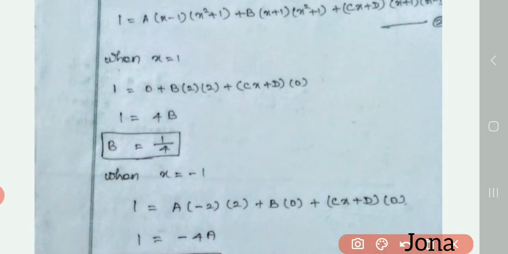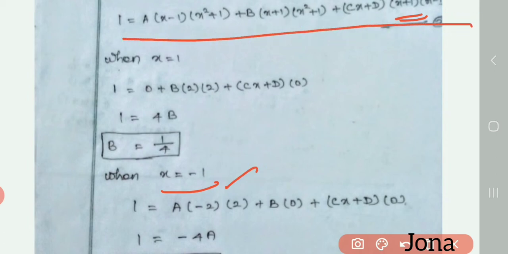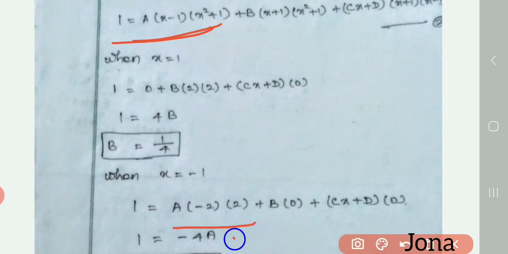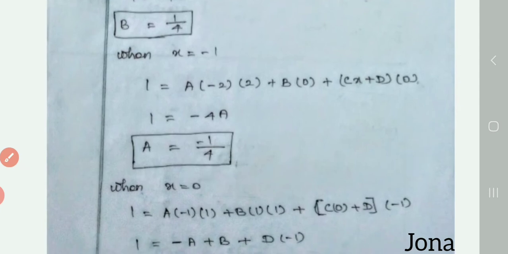And then the next equation, one more equation we have, this x plus 1 is there. So put x plus 1 equal to 0, we will get x equal to minus 1. Again we want to substitute x equal to minus 1 in this long equation. If you put minus 1 here in this equation, this will be 0 and this will be 0. Only the term with a remains, so 1 equal to a into minus 2 into 2, so that I will get the value of a now. a equal to minus 1 by 4.